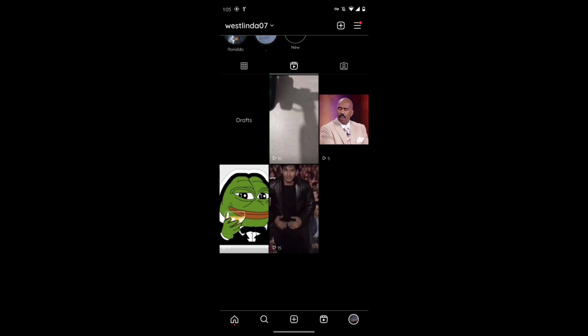and now you just have to tap on a video or a reel, and after tapping on that it will take you to a page where you can find your videos or your reels which you have saved in your draft. Now what you have to do is just tap on the three dotted icon on the bottom of a video,